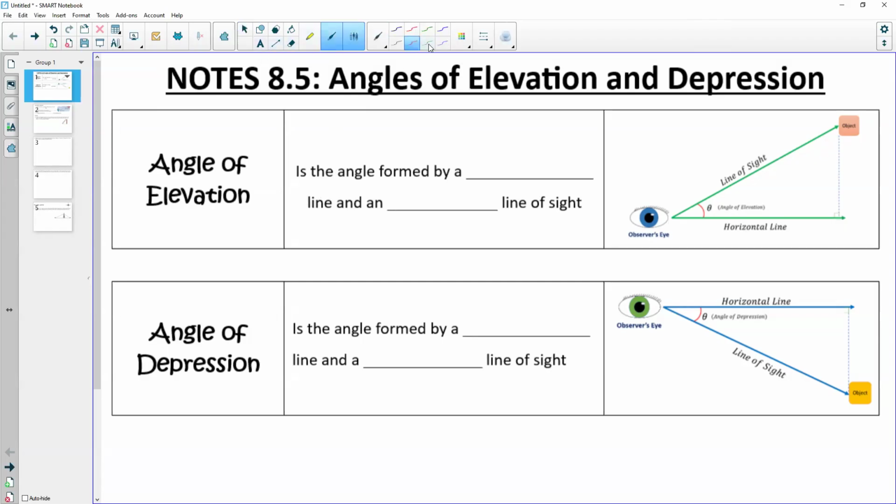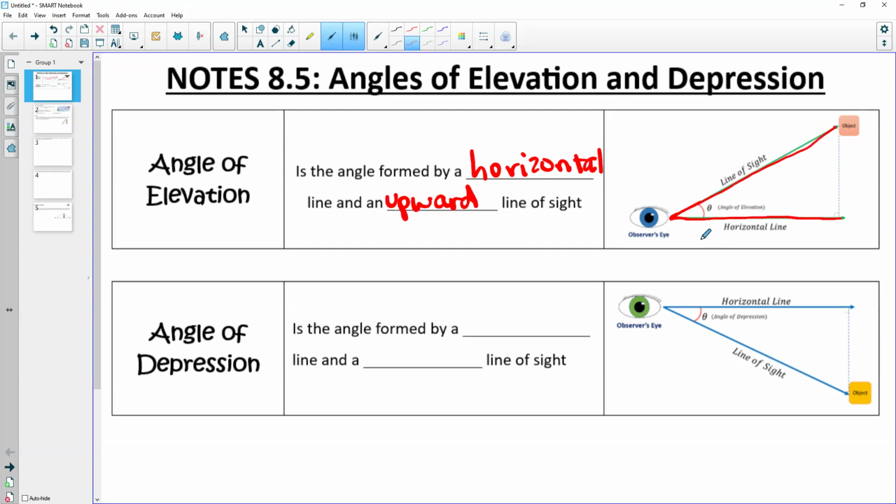What I want you guys to understand about angle of elevation is that an angle of elevation is the angle formed by a horizontal line and an upwards line of sight. So angle of elevation, again, is an angle formed by a horizontal line and an upward line of sight. So here's our horizontal line. And then our upwards line of sight is, look at this eyeball. This is your observer's eye. This eye has an upwards line of sight looking at this object right here. So angles of elevation are formed by looking up, and they're formed with that upward line of sight and a